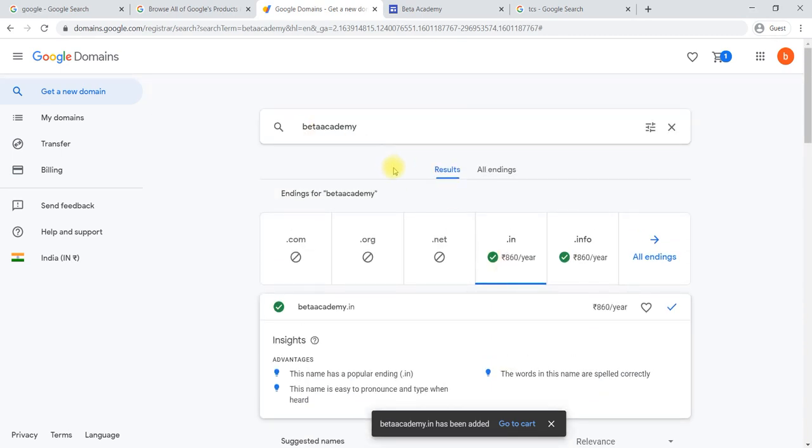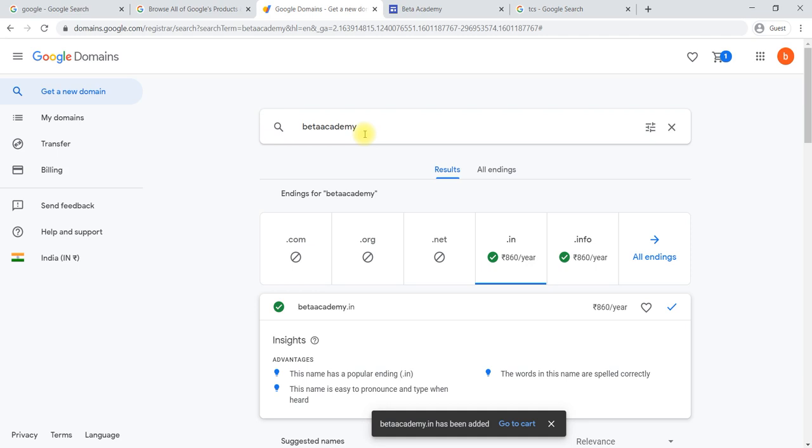While selecting a domain, make sure that your domain name is not too lengthy. It should be easy for a person to memorize, and make sure that it is relevant to your business, in the sense your business name itself. My business name is Beta Academy, so I selected Beta Academy only, because many people will search based on the business name only, not anything else.